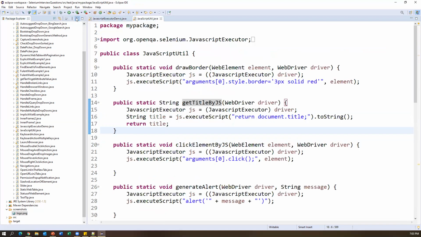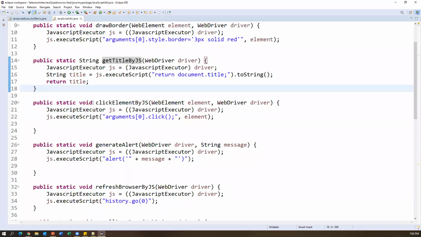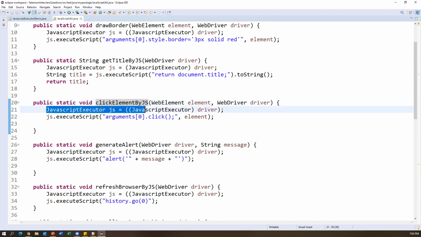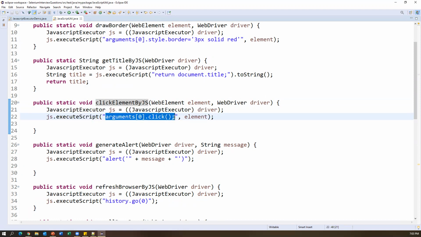For that, we have created one more method called clickElementByJS. And when I call this method, we have to pass two arguments. One is a web element, the other one is a driver instance. And we initiated JavaScript executor here, and js.executeScript, and this is the argument we have to pass: arguments[0].click(), comma, element. Whatever element we have passed into this method, we have to pass this element.